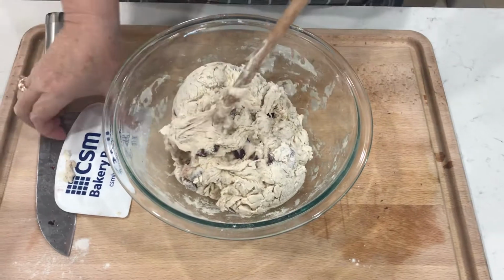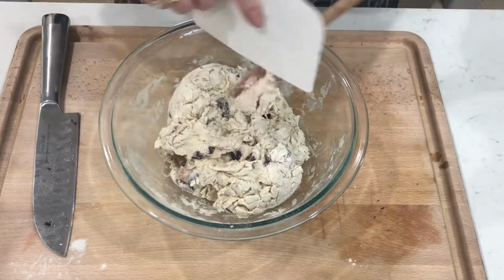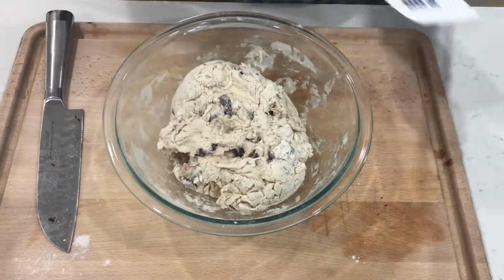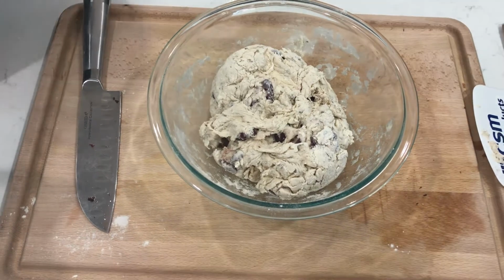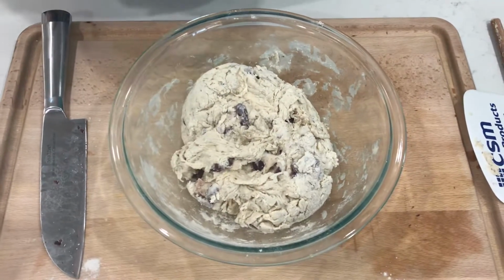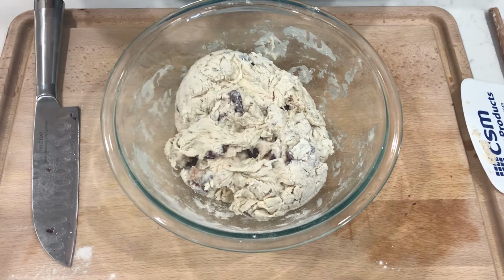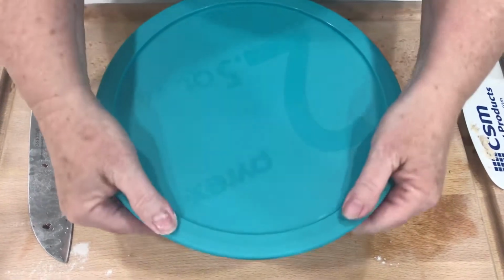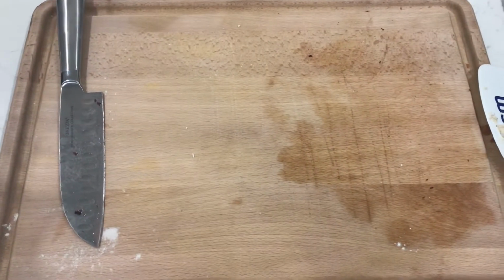Okay, so I'm done for the next 18 to 24 hours. All the hard work's done. The only thing I'm gonna do is cover it, which if it's the first time you've used a bowl, you should probably use saran wrap so you can see it. But because I've used this bowl, I'm gonna use this. And then through the magic of television,